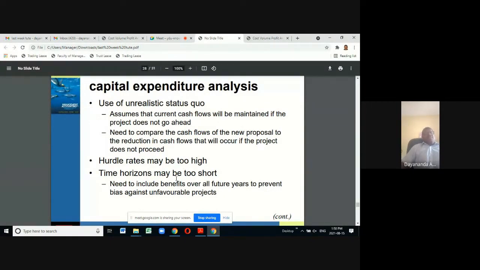The time horizon may be too short, maybe 5-year period, 3-year period, 4 year period. So thereby you are considering only the cash flows which are related to that time period. But generally a project may generate cash flows for an indefinite period in certain cases. Think about the equipment you use in your business, or think about your motor vehicle. Then think about the assets you currently use.